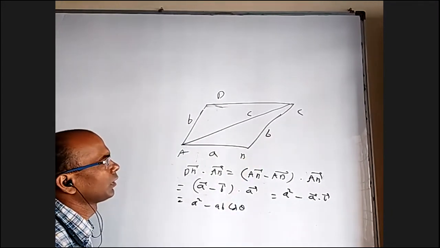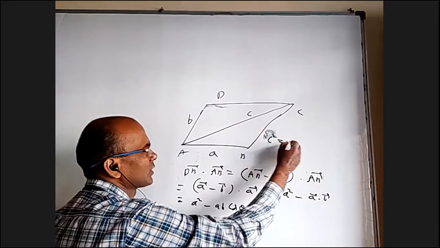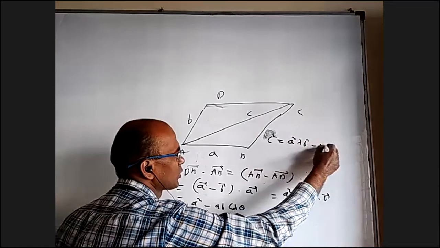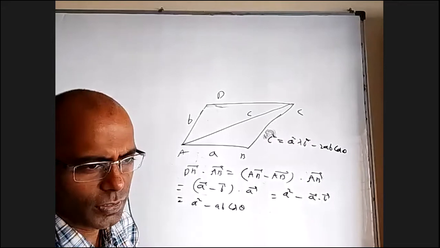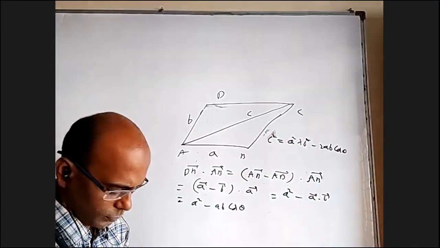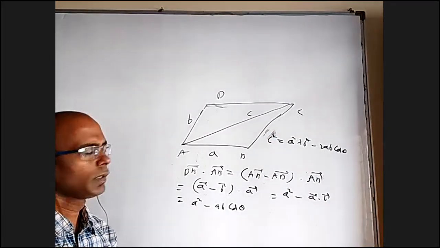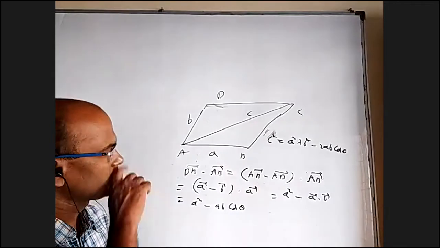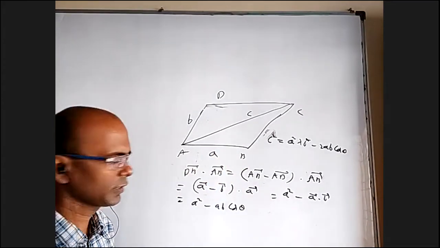Otherwise, directly we have this formula that the resultant C square is A square plus B square minus 2AB cos theta. I'm sure right in the beginning in physics you might have learned this formula. Am I right? R square equals F1 square plus F2 square minus 2 F1 F2 cos theta. Or you can even use the cosine rule here, but when this is theta, this is 180 minus theta. You have to apply the cosine rule for cos 180 minus theta.